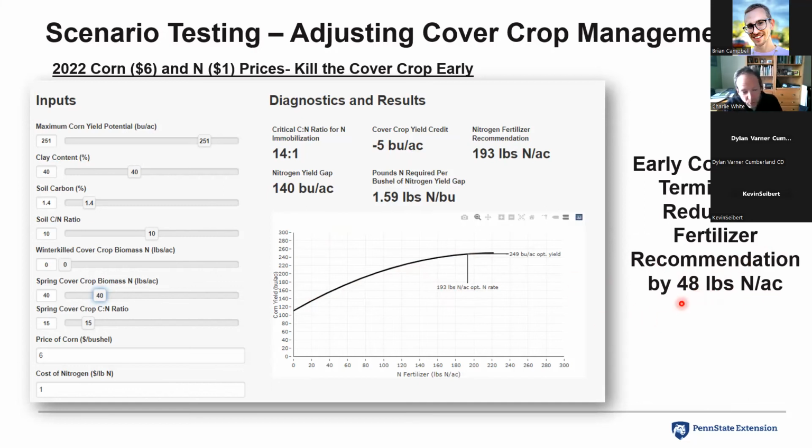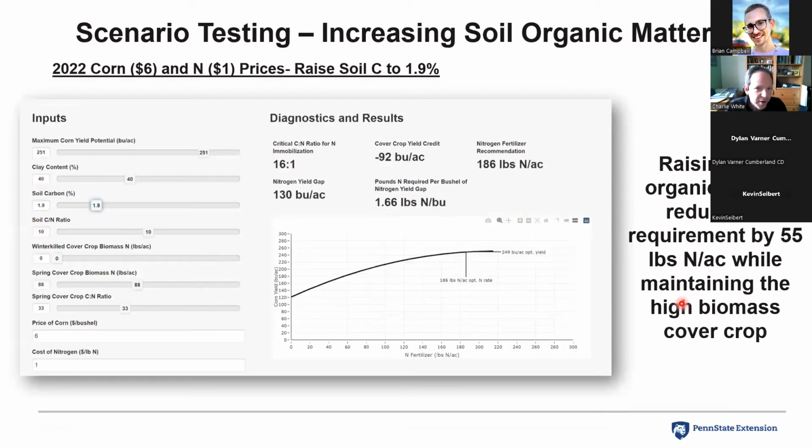Now, we want to talk long-term, and I discussed this with a lot of farmers over the summer, and they said, you know what, I'm committed to soil health. I'm committed to growing big cover crops. I'm committed to increasing my soil organic matter. Yeah, I know this is a tough economic market, but I'm going to stick to my guns and grow my big cover crop. And over the years of doing that, I'm going to expect my soil organic matter to go up. So I wanted to run another scenario where this farmer stuck to his guns and increased his soil organic matter